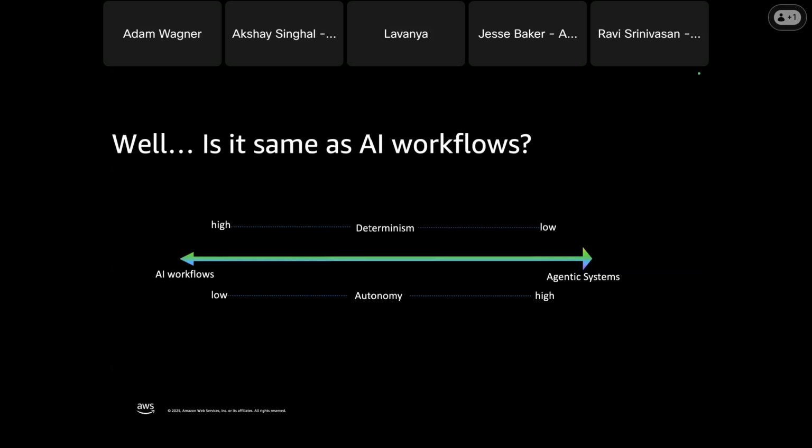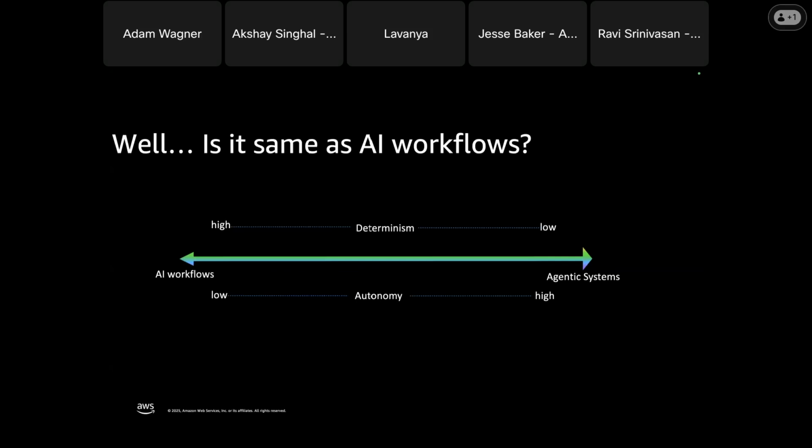There is a degree of non-determinism with LLMs, and so with agentic systems where it's making the decision of what to do next, that non-deterministic nature gets amplified. Whereas with an AI workflow, you're constraining that non-determinism, but the trade-off is it's not as highly autonomous, right? So a workflow is going to accomplish a more set number of tasks.